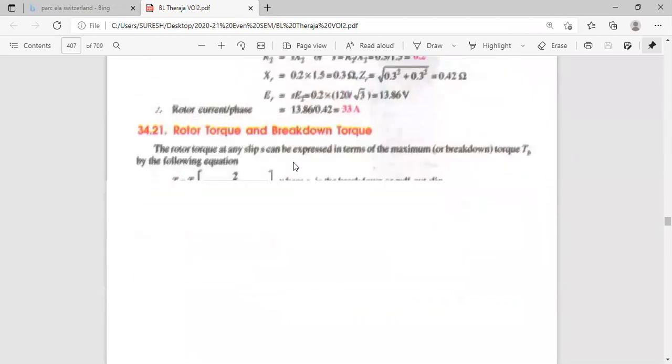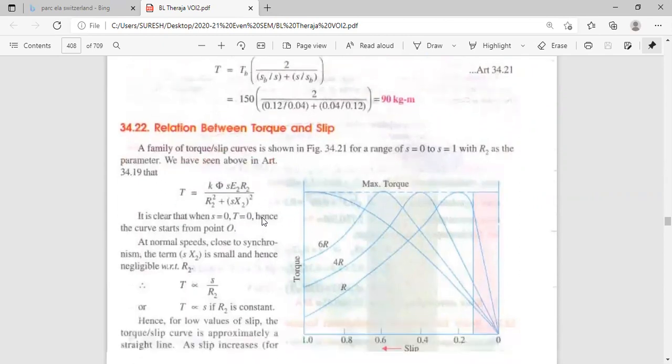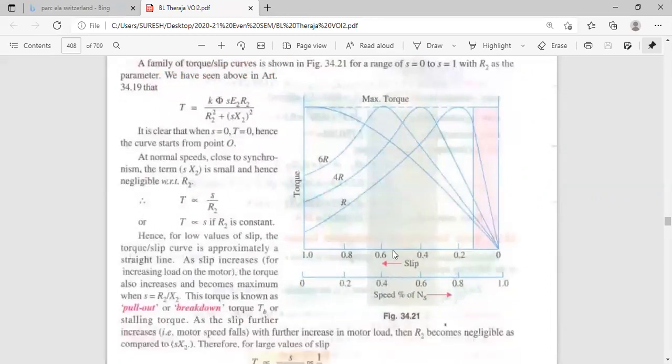Remember this formula. In the next class, I will discuss the torque slip characteristic. It is there in your syllabus and is very important. They will ask for 5 marks in the university exam: relation between torque and slip. We have to draw the torque slip characteristics. On the y-axis, we are taking torque. On the x-axis, I am taking slip; one more on the x-axis is speed, but only torque slip is necessary. We'll draw these characteristics in the next class based on this equation. Okay, I'm stopping the class here.